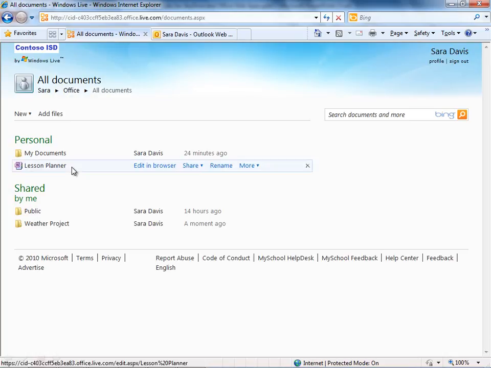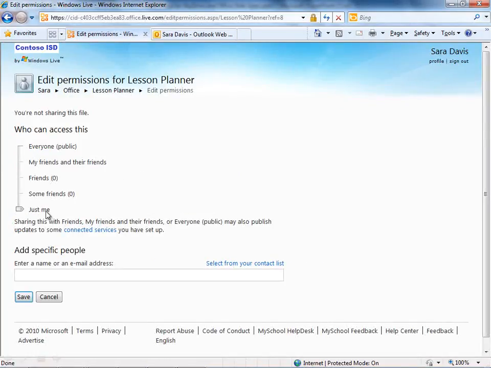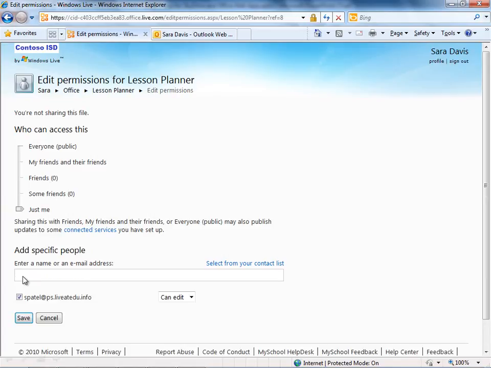Now, this is a lesson planner. This is a OneNote document. I'm going to share this root level file by going in and editing permissions. I'll leave it at just me, but I'm going to go ahead and put Sanjay's name here, his email address,